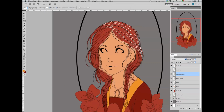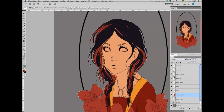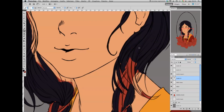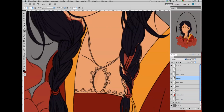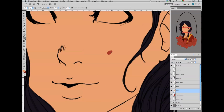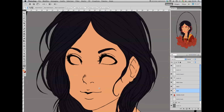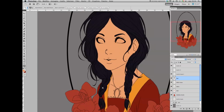So going on, we select the hair, and when you color hair, you might have some problems with not going out of the lines. So this is when you select the first layer we did before with the general tone, the first total red color, and use that as a guide. Remember that when you forget a pixel, you always have to correct it and fill it in the right layer, because I'm keeping everything on a separate layer. You can see we get the hair, and I usually give every layer a name so that I don't forget and it's quicker to use. So you just want to make sure that you keep them separate,